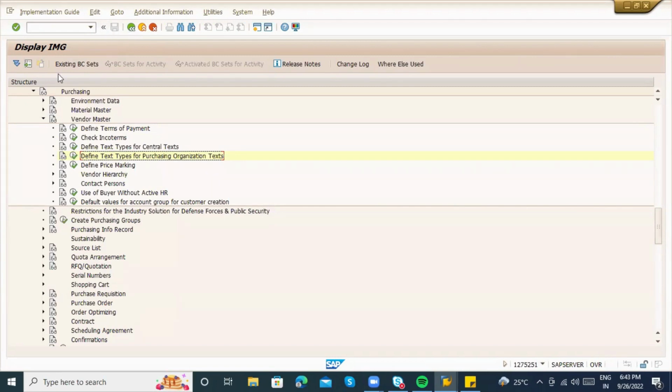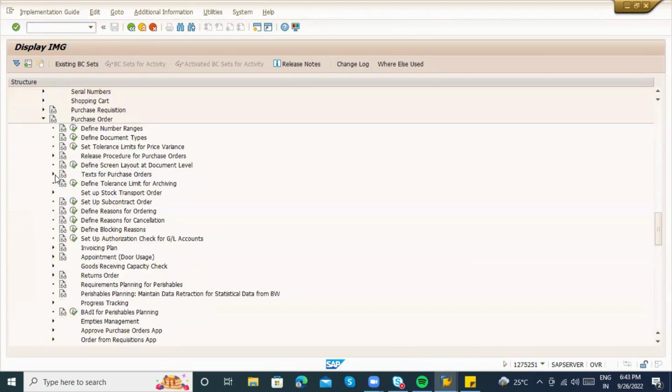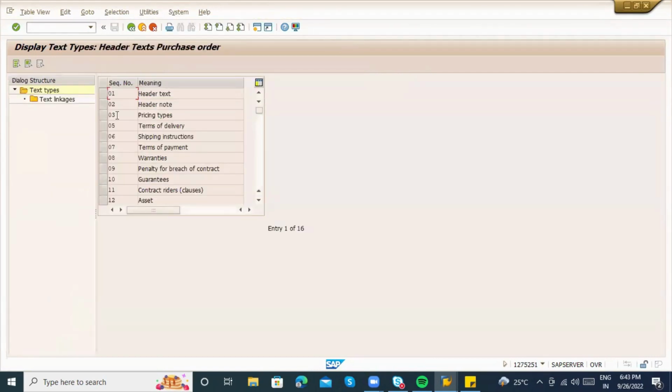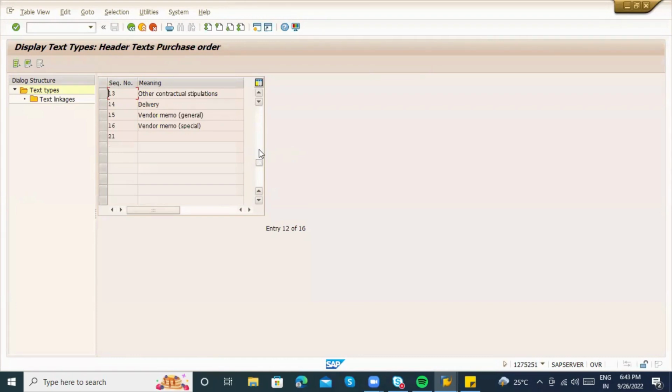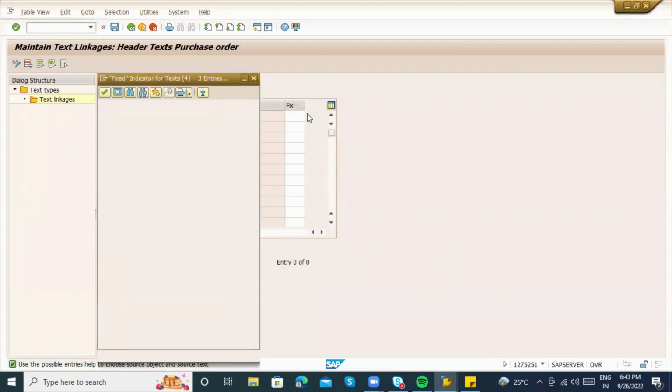Okay, and if you see at the purchase order level, if you go to purchase order, define text of purchase order. Okay, here there is a defined copying rule for the header text. Suppose I select here any other information, like vendor memo. Suppose let's say vendor memo here. So this vendor memo, how is it connected here, from where is it fixing? Okay, so here